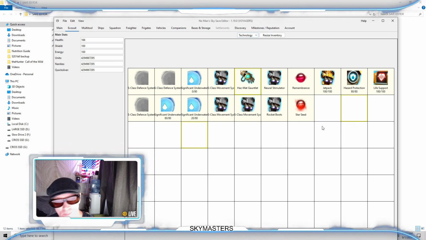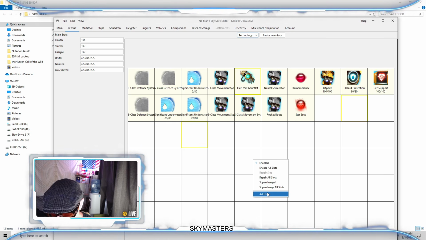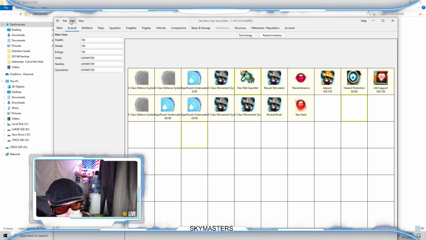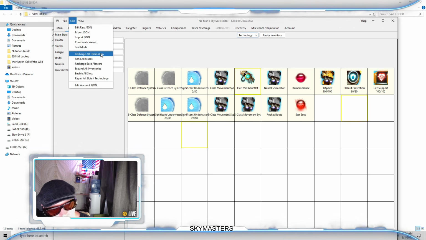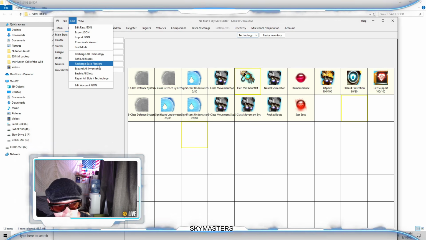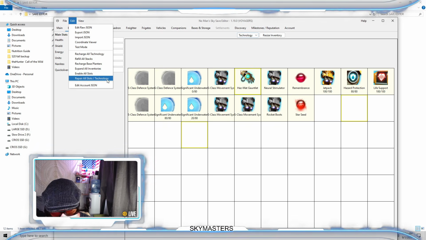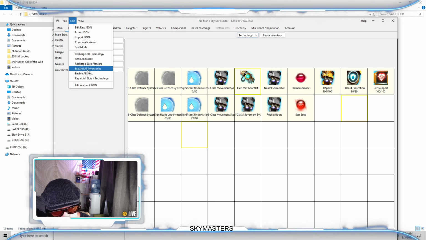Okay. One thing that I like to do is, you can see that my inventory is all the way open. You can come down here and enable slots, enable everything, but there is a way to do that over here in the editor. It's recharge all technology, refill all stacks, recharge base planters, expand all inventories, enable all slots, and repair all slots in technology. This is a really cool 3 buttons right here at the very top of the save editor edit